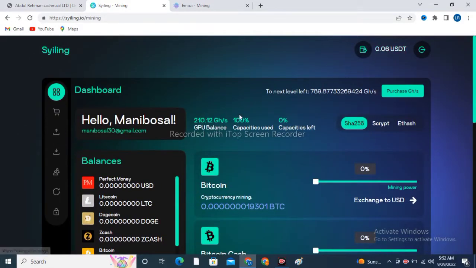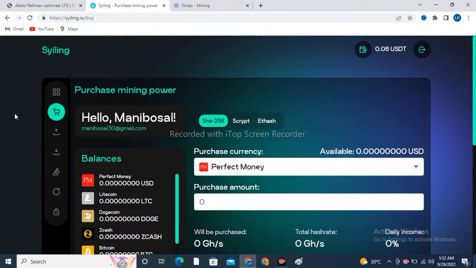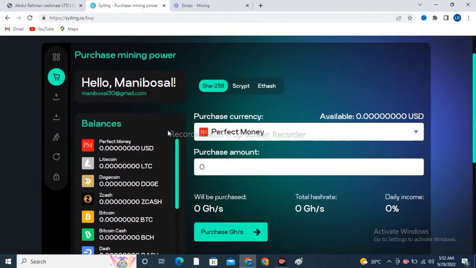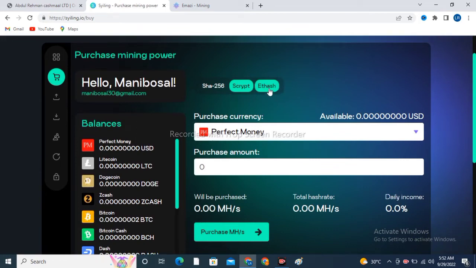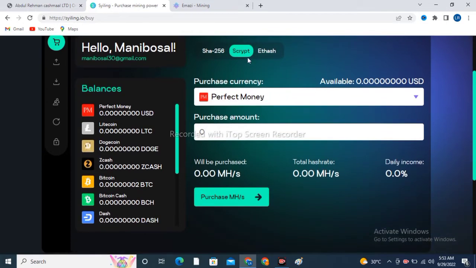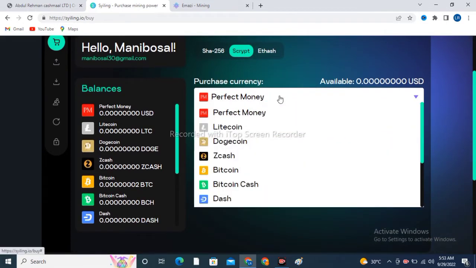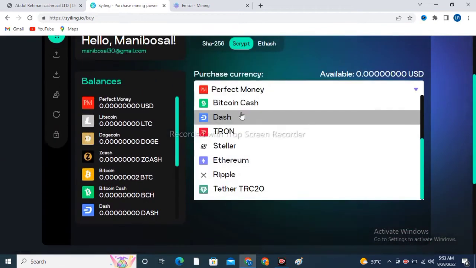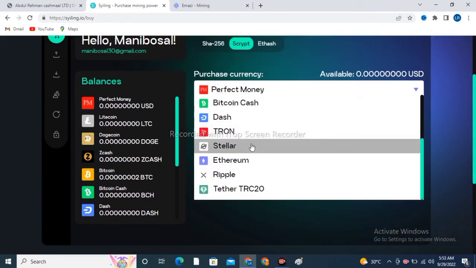Now I am going to show you how you can deposit on this website and how you can increase your mining speed without investment. Now I am going to show you how you can purchase mining speed on this website. In here you can purchase megahash rate power in ETH hash and Scrypt. You see that ETH hash, Scrypt, SHA-256. If you want to buy megahash rate power in ETH hash or Scrypt, you have to